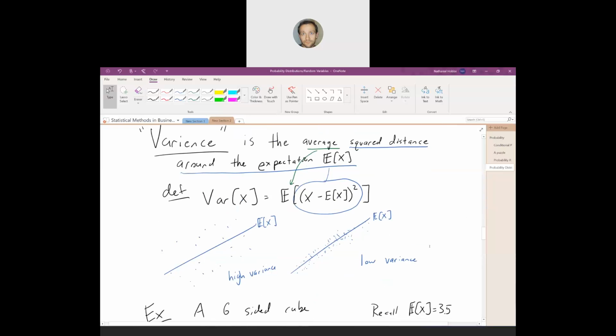And we also talked about the idea of something called variance. Both expectation and variance are two things that you should have a firm grasp on. You should understand them